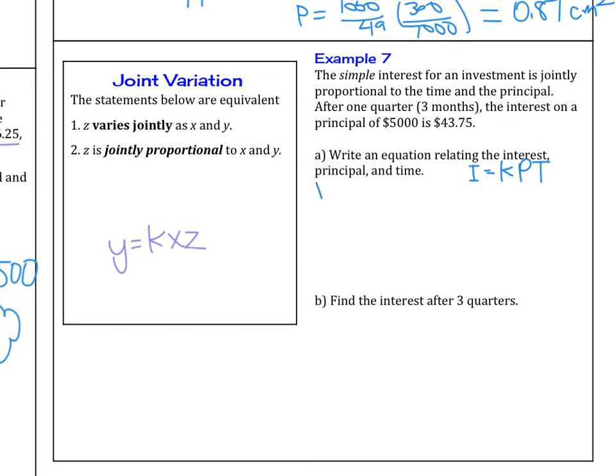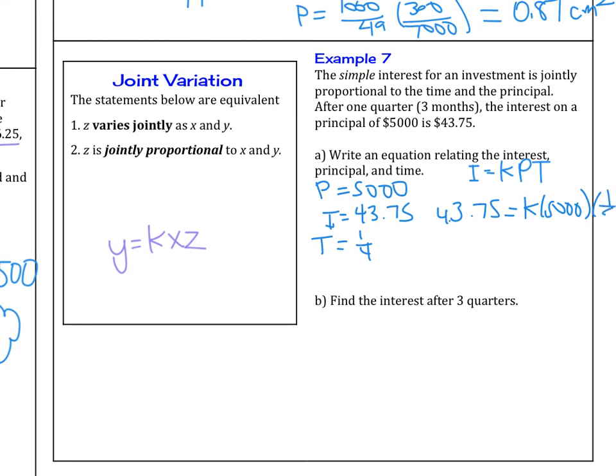In this case, we know principal is 5,000. We know that the interest is 43.75, and we know the time is 3 months, so we're going to do it in years. So we're going to say that that's 1 over 4. So you plug it in, you have 43.75 equals k times the principal 5,000 times 1/4. So when you solve for k, k is going to be 0.035. So our formula is I equals